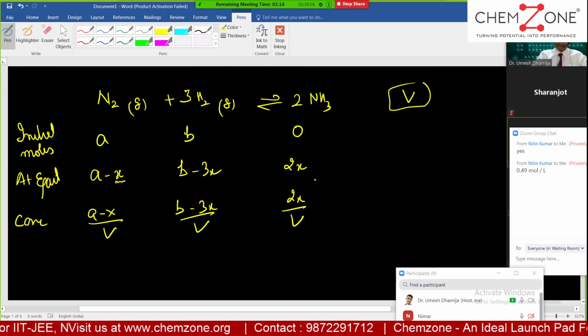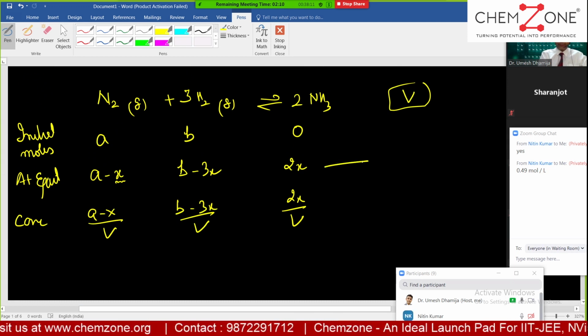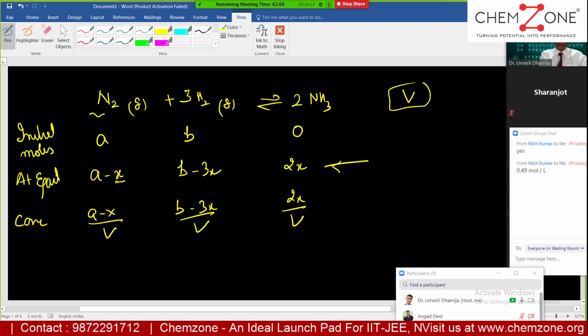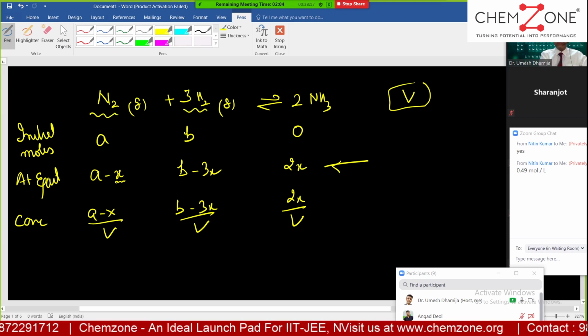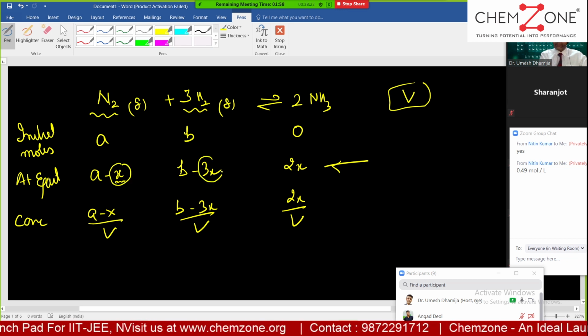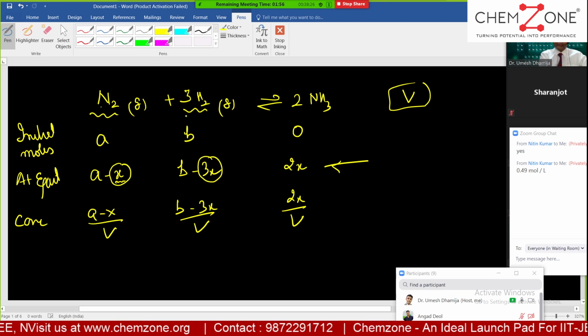सर, जो लिखा है वो एक बार फिर से. इस स्टेप को समझना है अब आपने. This is very very important step. 1 mole of nitrogen react with 3 moles of hydrogen. It means if out of the A, X mole is reacting, the hydrogen will be reacting will be 3x. 1 mole react with 3 moles, so X mole react with 3x. So A minus X and now it is B minus 3x.